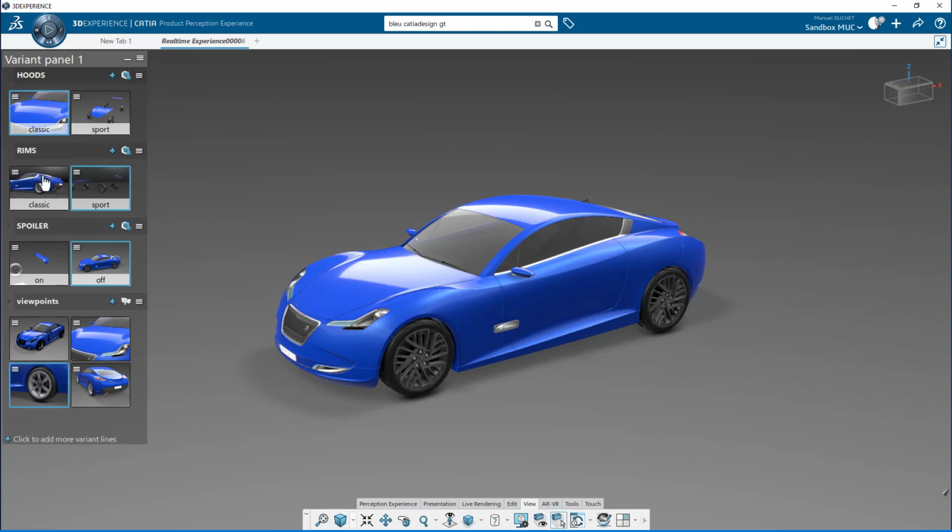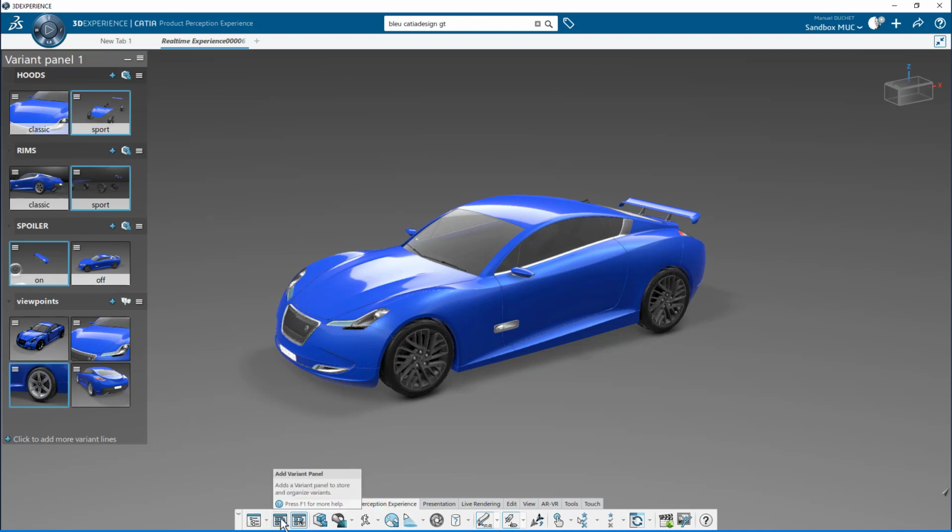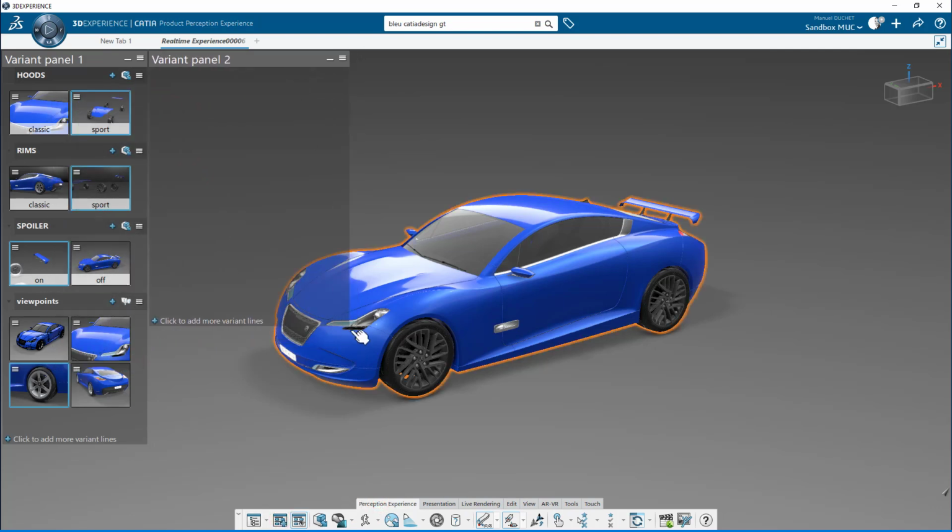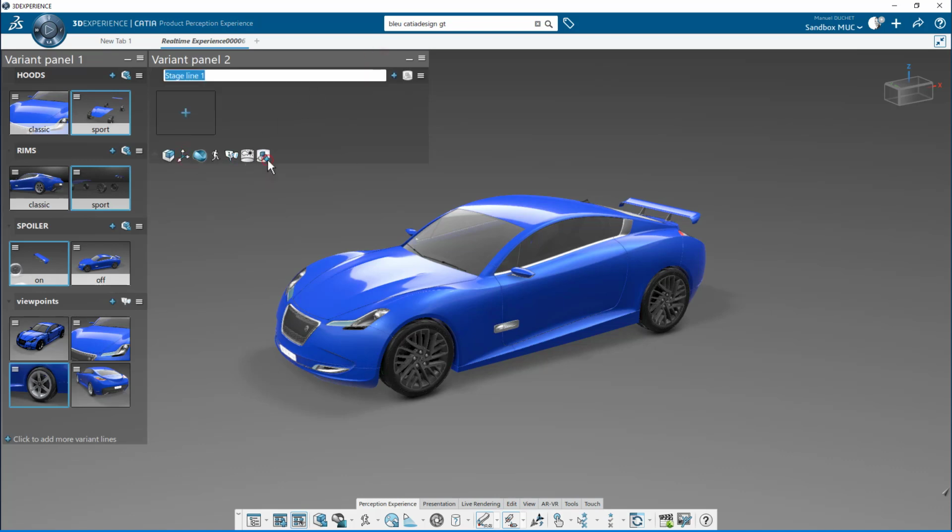I need to individually switch the hood, the rim, and the spoiler. So what I will do, I will create a new panel. This is not mandatory. It's really up to me to organize my variant line in as many panels as I want. But this panel will be dedicated to all stages. Stages is a group